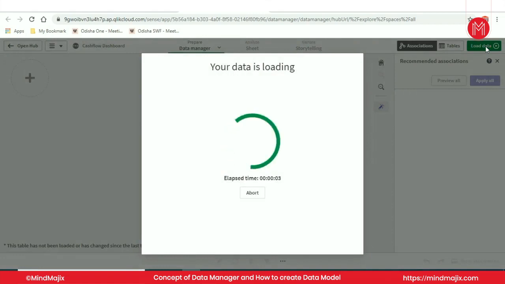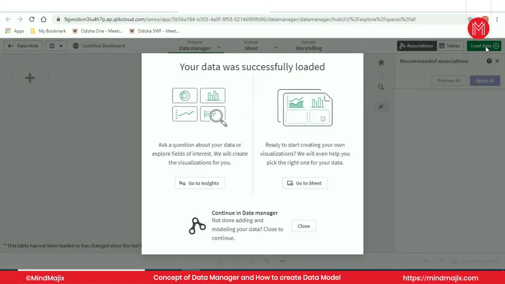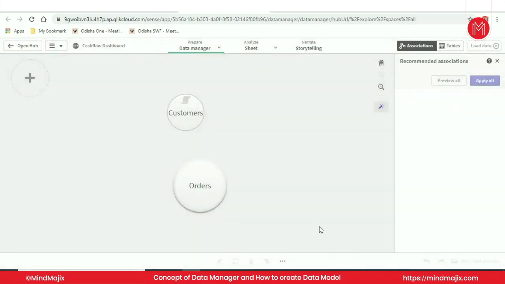So the data is getting loaded to the data model. After it gets loaded, it's saying go to insight or go to sheet. Continue with Data Manager. I'll just close this.